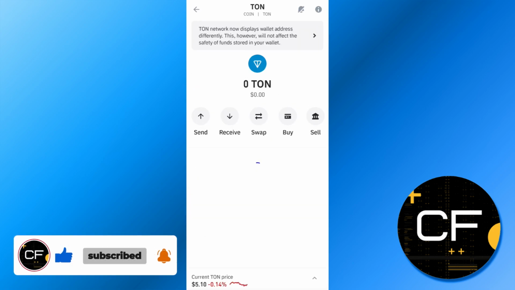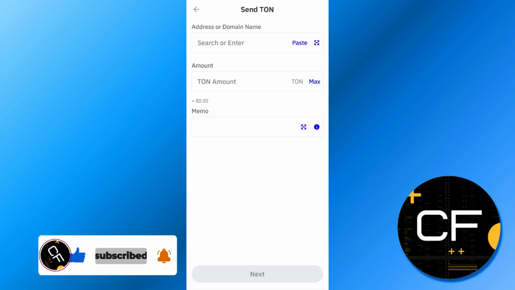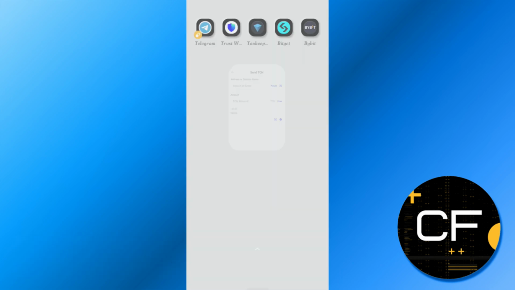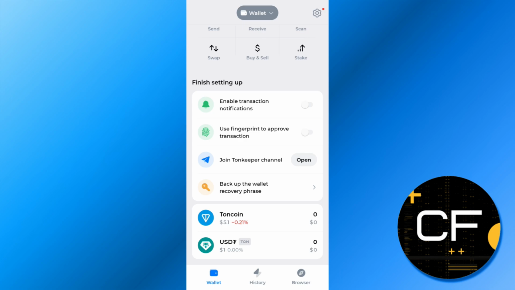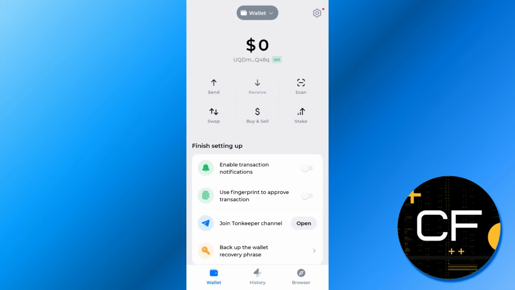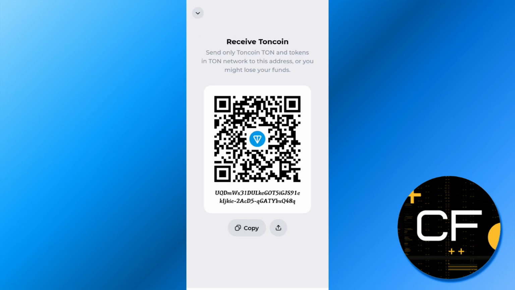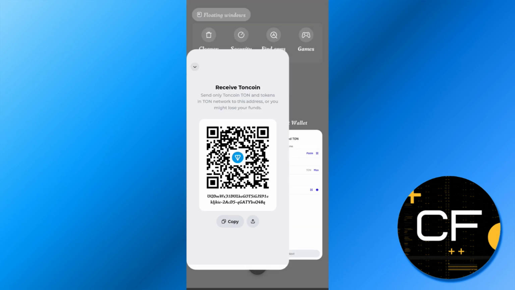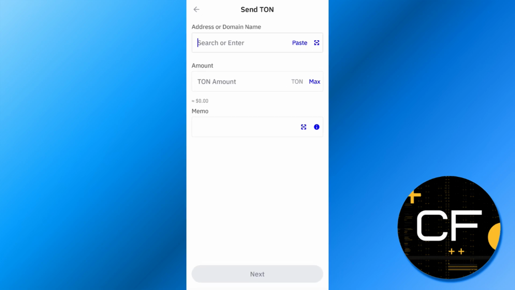Then tap on the send option and it will ask you to provide the address. So in order to get this address, you need to launch your Tonkeeper mobile application. Then tap on the receive option, and this is basically your QR code which you can scan, and you can even copy this deposit address. So you need to copy it from here, then go back to your Trust Wallet and paste the address in